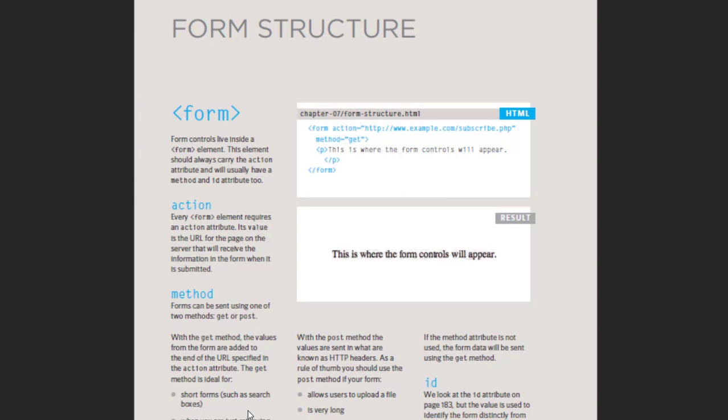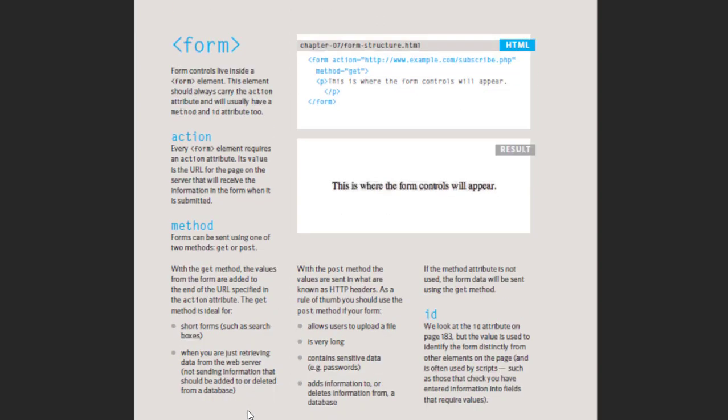Its value is the URL for the page on the server that will receive the information in the form when it is submitted. Method: forms can be sent using one of two methods, get or post. With the get method, the values from the form are added to the end of the URL specified in the action attribute. The get method is ideal for short forms such as search boxes, when you are just retrieving data from the web server, not sending information that should be added to or deleted